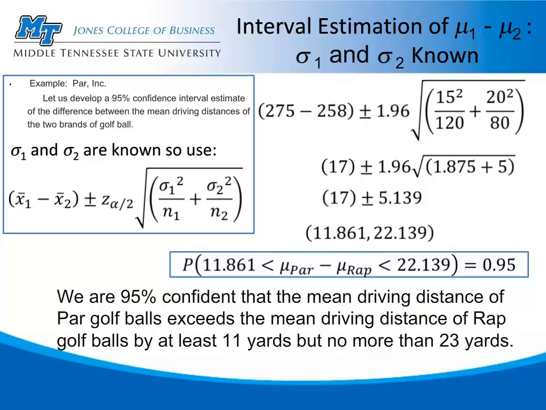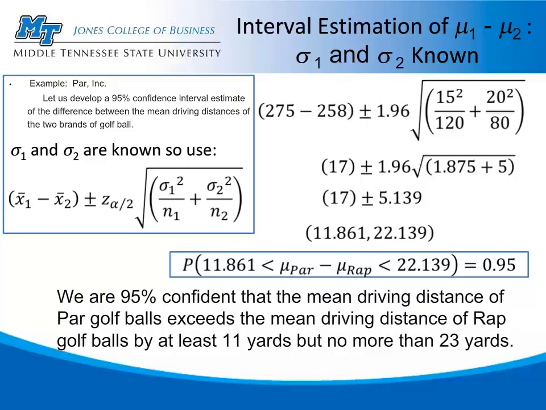The population mean for the par population and the population mean for the wrap population, I just used the words par and wrap rather than the 1 and the 2. But there's a probability of 0.95 that the difference of those population means, where we're taking the mean for par and subtracting the mean for wrap, is somewhere between 11.861 yards